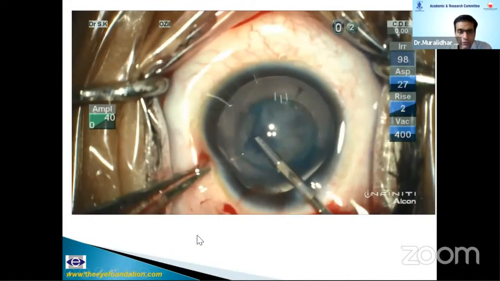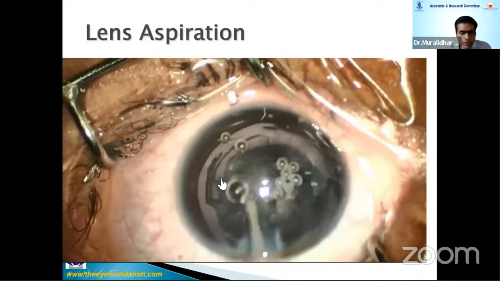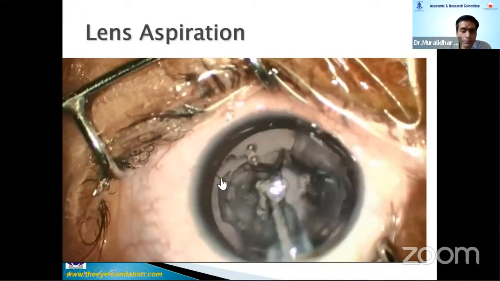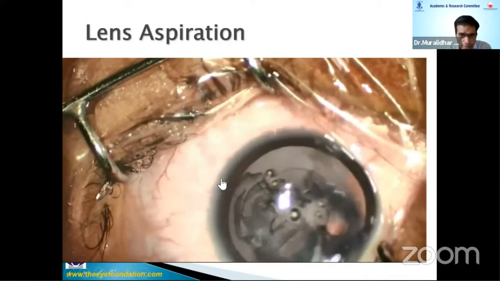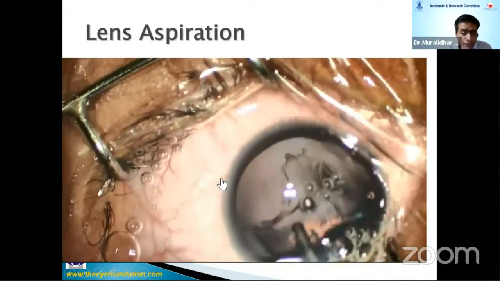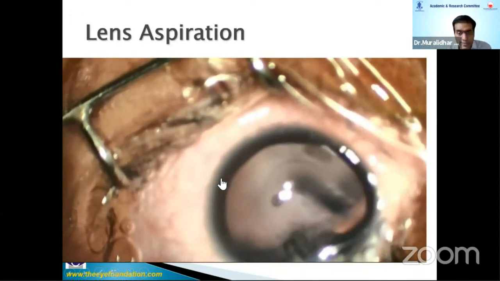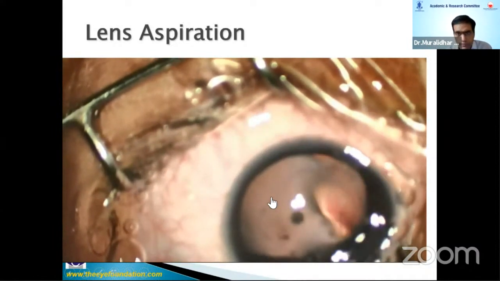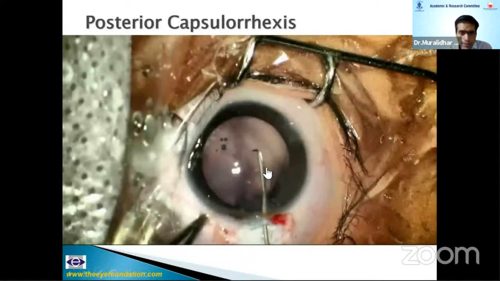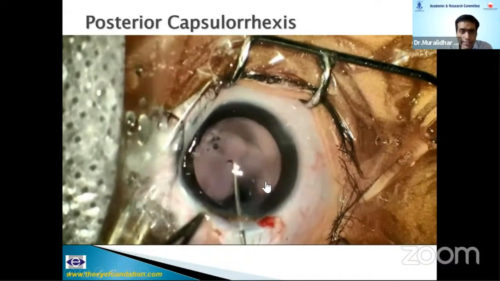So this is for the 1 to 4 year age group. Lens aspiration: there's a lot of controversy about hydrodissection. I usually do a gentle hydrodissection. Of course, it has to be avoided whenever you suspect a posterior capsular dehiscence. The advantage is that presumably there is a lower rate of visual axis opacification. And for me, removal of subincisional cortex becomes much easier with a coaxial IA probe, in which you just need a single incision.